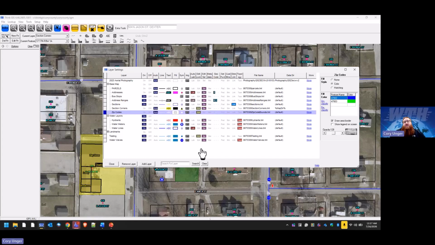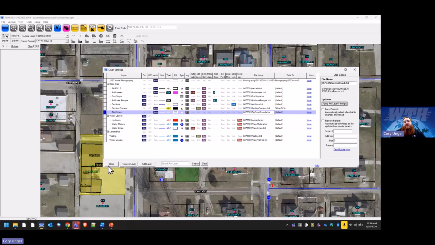And feature name. So you can see we have 2 zip codes in my area that I've created. If you wanted them to be able to see that change, if they click on the actual file name, and let me unlock the layer, you can hit this apply TML settings, and that will actually load the settings that are in the layer. So then once they have synced the layer back down, you've saved settings to layer, you've synced it up, they've synced it down,